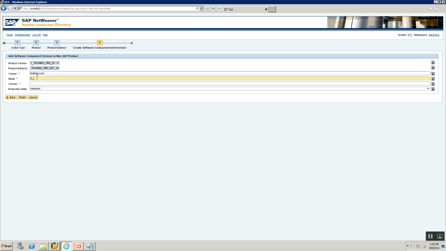Okay, Z_training, training_SWCV_00. So what does it mean? SWCV is nothing but software component version. Okay, and my version is going to be 1.0. As simple as that. Just make sure your naming conventions are consistent to the type of object that you're